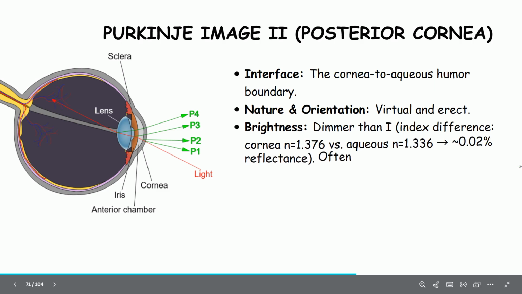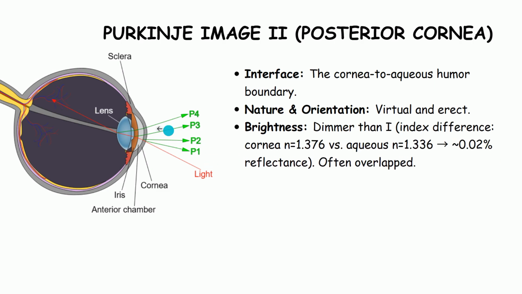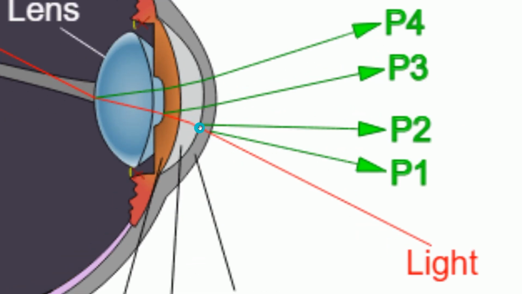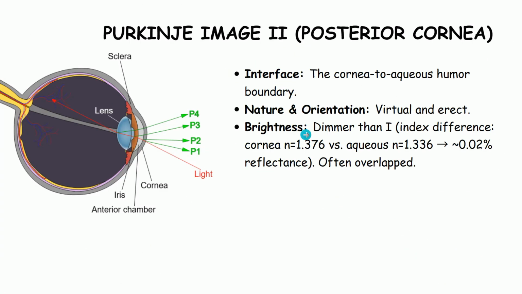Okay. Proceeding with the Purkinje Image 2, which is situated at the posterior cornea. The interface of this Purkinje Image 2 is the cornea to aqueous humor boundary. So, another ocular media, the aqueous humor. The nature and orientation is virtual and direct because, again, it is a convex surface, and the brightness is dimmer than the Purkinje Image 1 because the index difference is smaller than